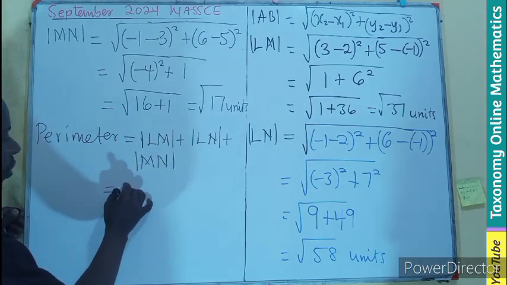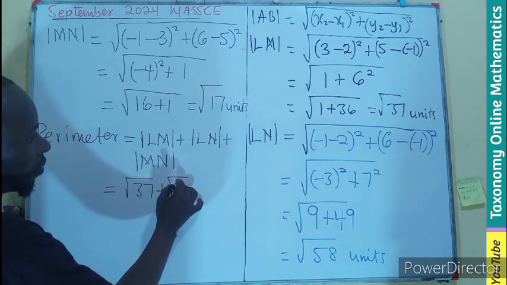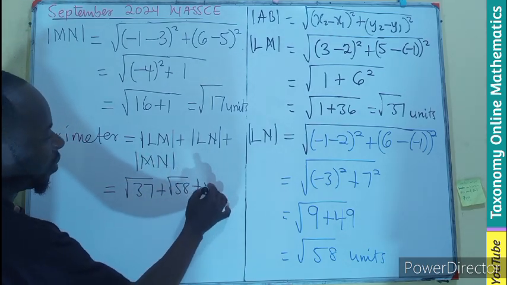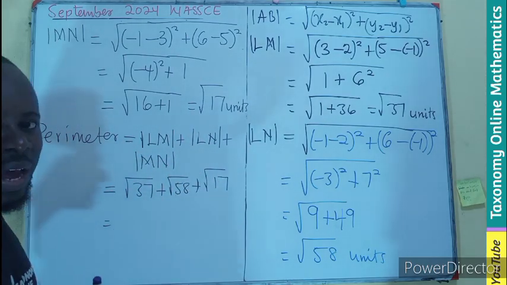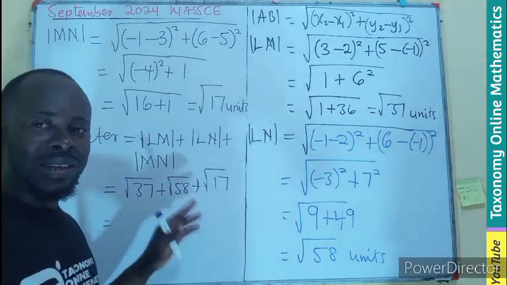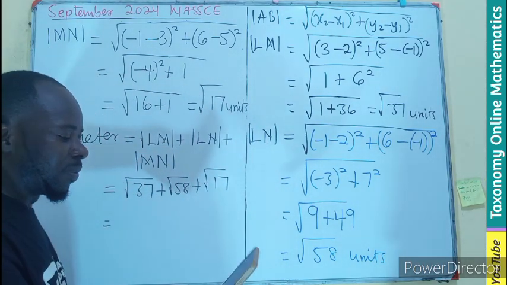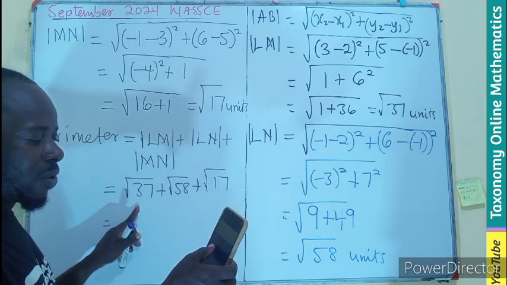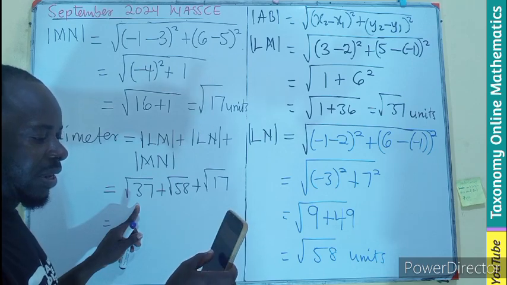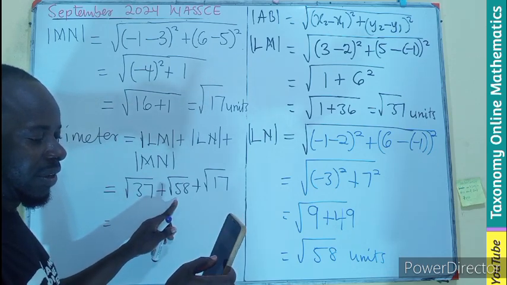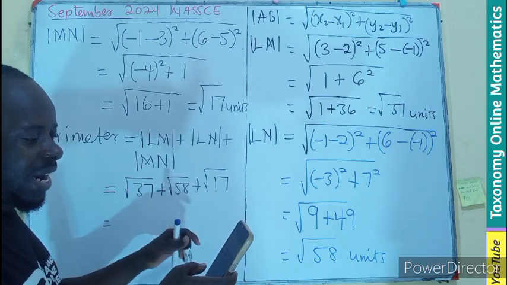Let's put them together: root of 37, root of 58, root of 17. Since none of them is a perfect square, we are going to put them in the calculator the same way they are and get our answer to one decimal place. So the root of 37, plus the root of 58, plus the root of 17, and that will give you